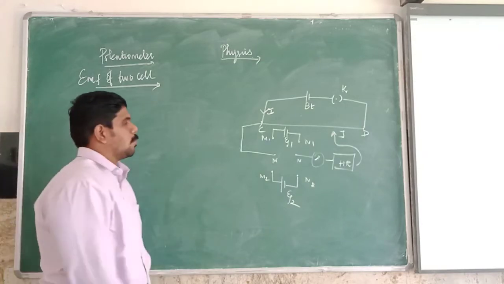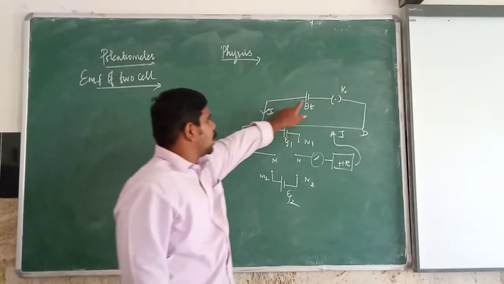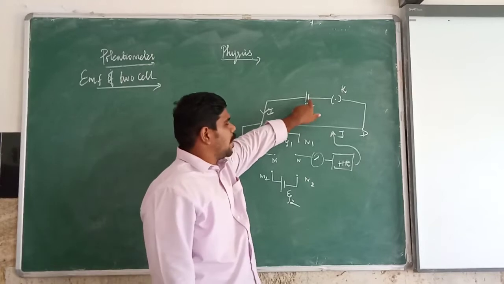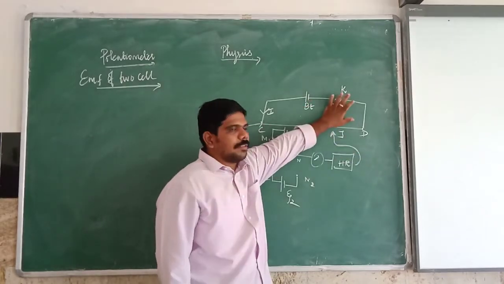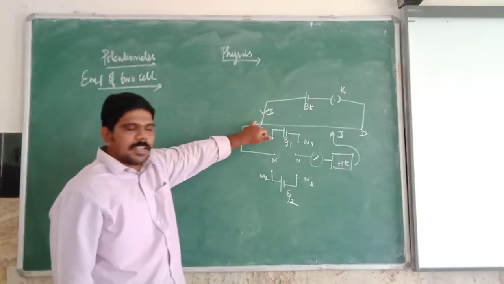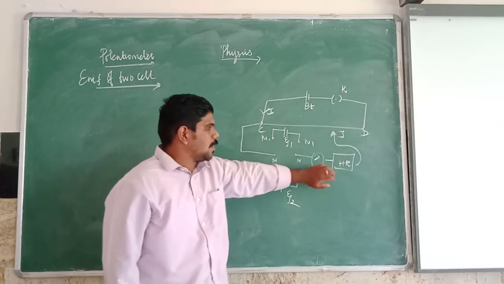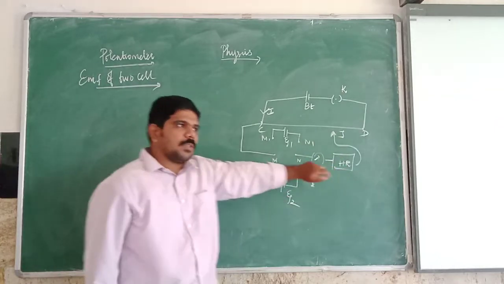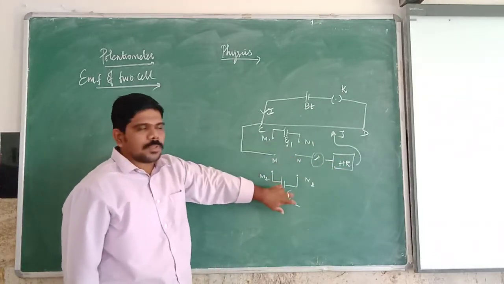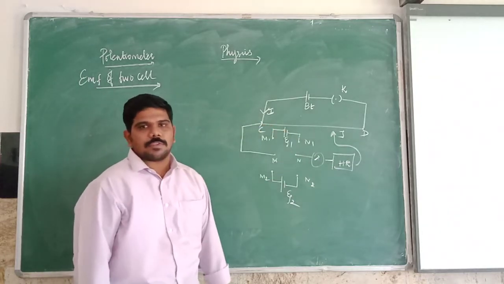So what are the parts we have to remember? Let CD be the potentiometer. The positive of the battery will be connected to C and the negative of the battery to D, along with the key K. This forms the primary circuit. Now the M end of the DP/DT switch will be connected to the C end of the potentiometer. The N end will be connected to the jockey along with the galvanometer and the high resistance. Now the EMFs of cell 1 and cell 2 will be connected to the M1 N1 and M2 N2 ends of the DP/DT switch.